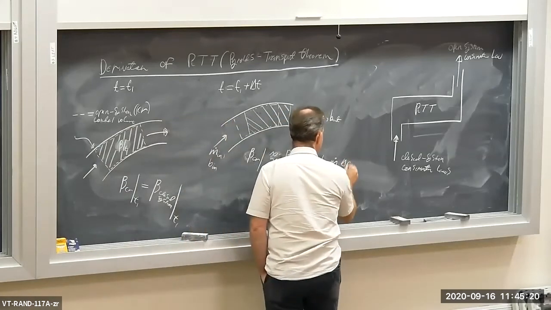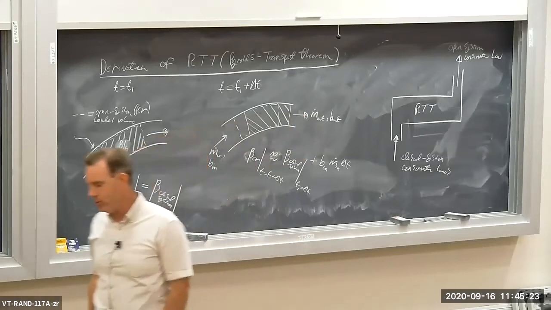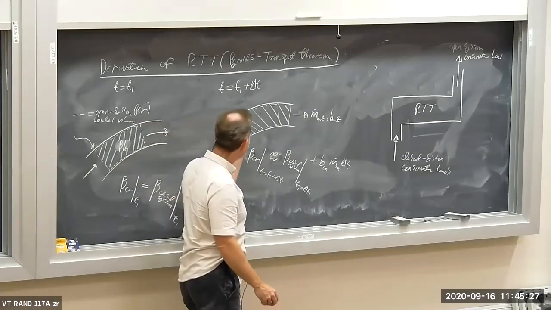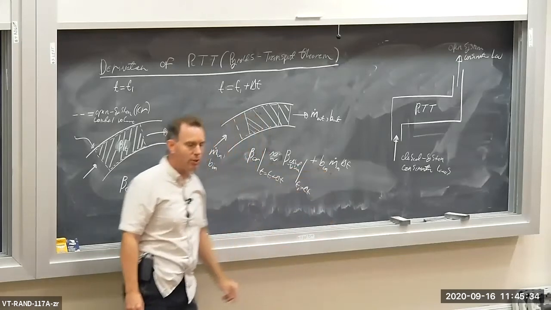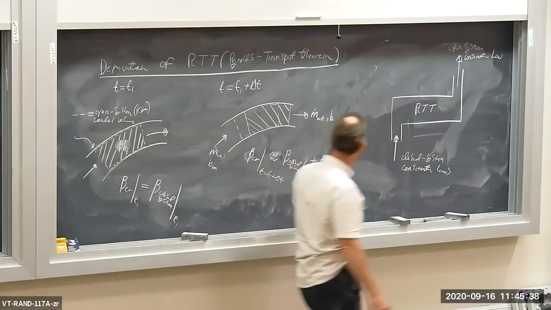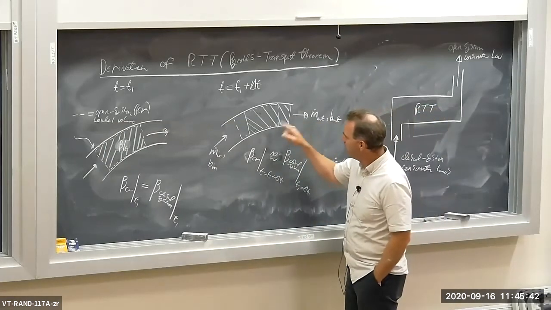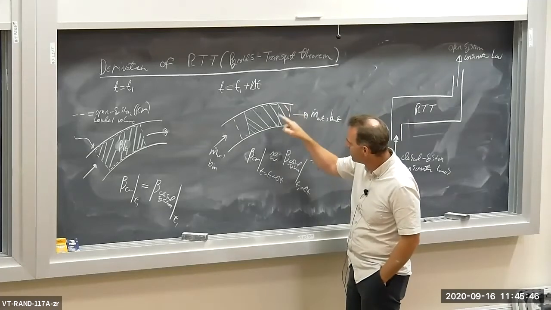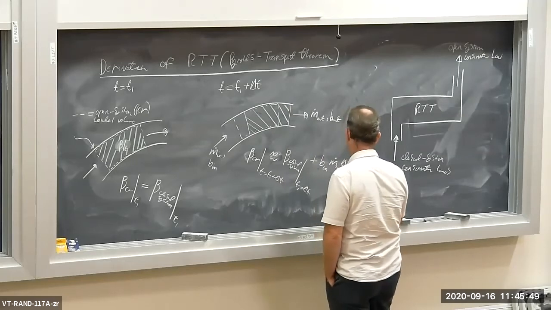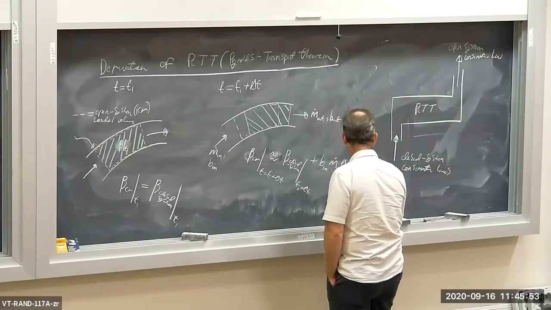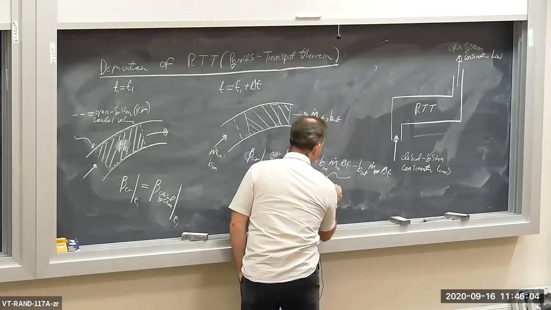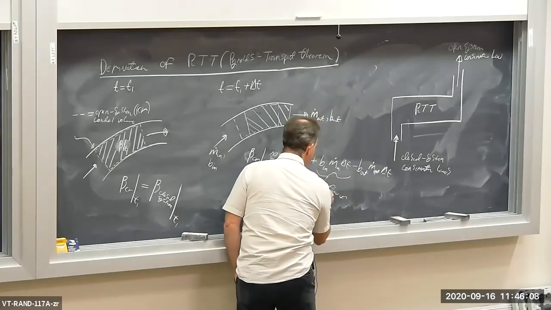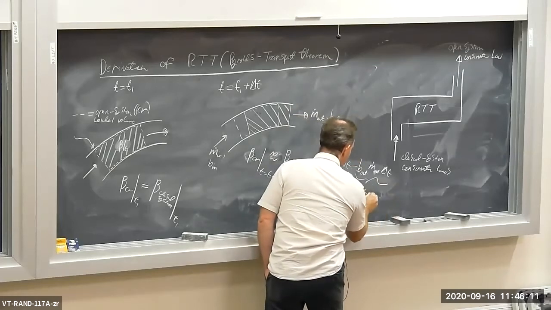times delta t. M dot times delta t gives you mass. So the amount of beta that's flown into my control volume is beta per unit mass times the amount of mass that is flown in. Okay, so that's why we have this m dot plus delta t. And then I got to subtract off the amount of beta that is flowed out of my control volume. So I have minus B out, m dot out, delta t. So this is inflow of beta, outflow